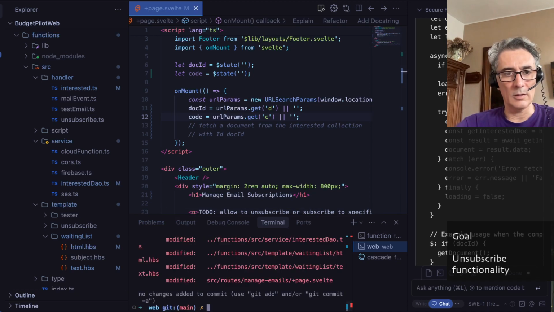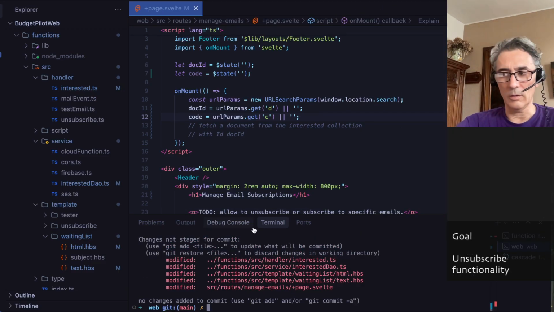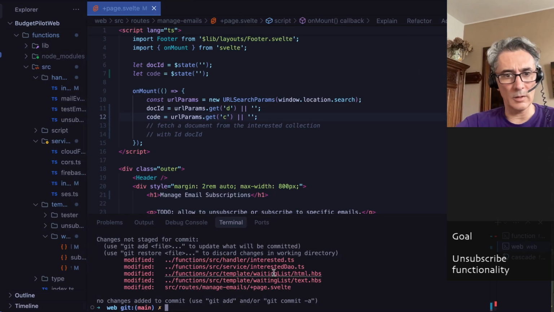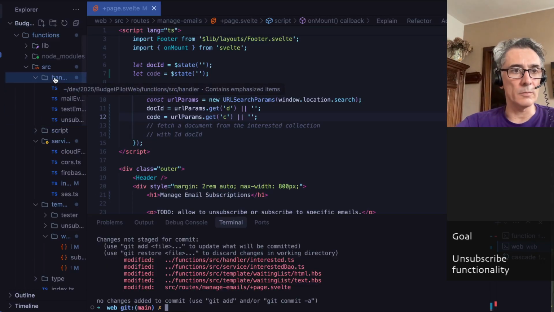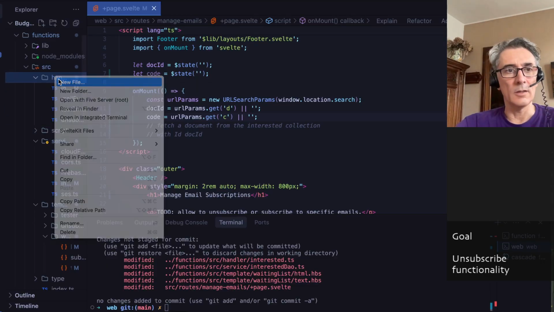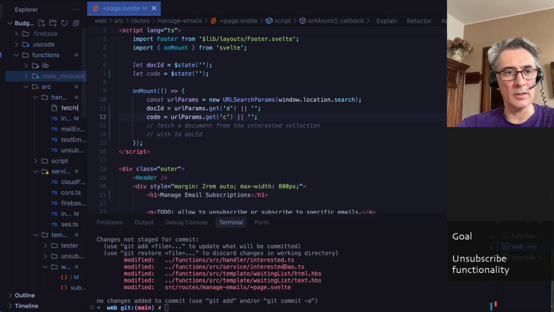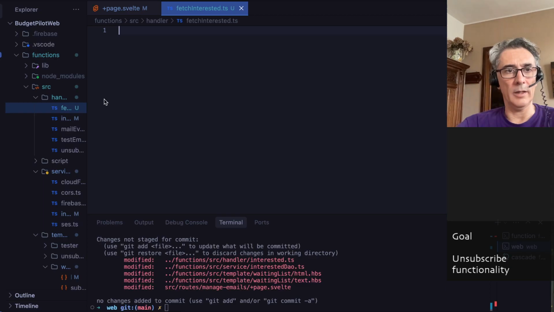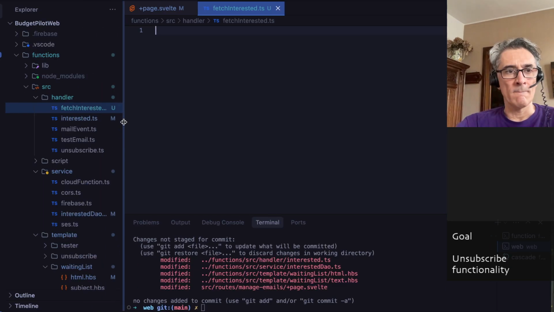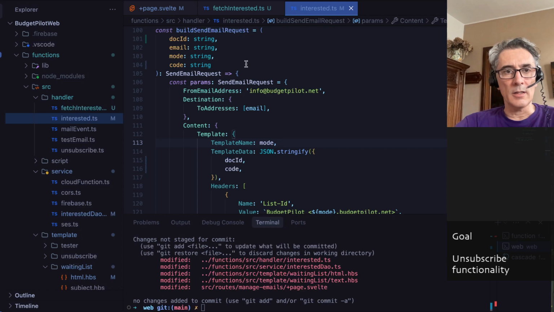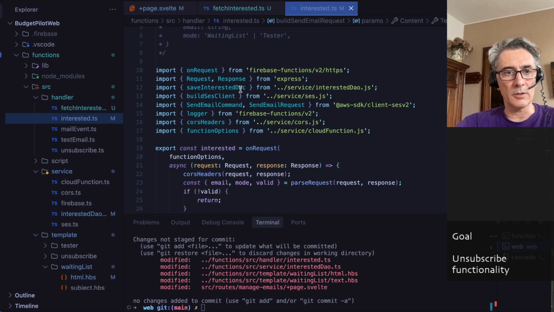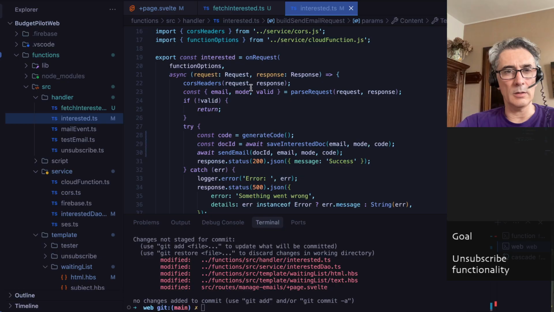Right, git, ooh, this is close there. Okay. What we got? Interested DAO. No, okay. New file. We said fetch interested. TypeScript. Okay. This is kind of similar to this function. So we start to copy the